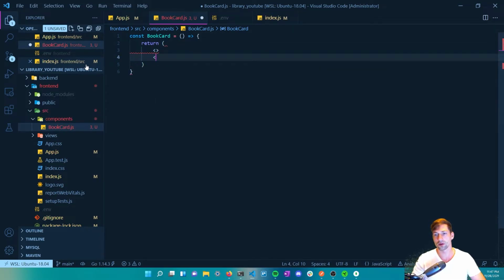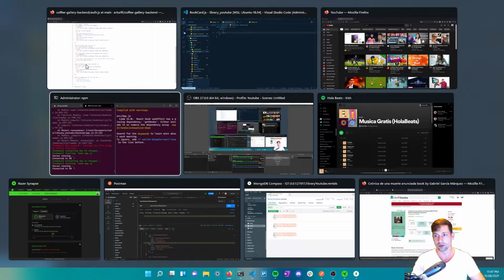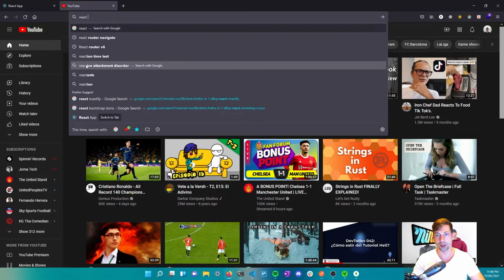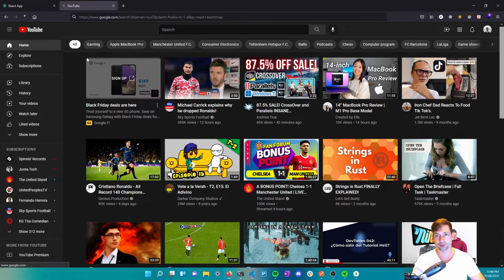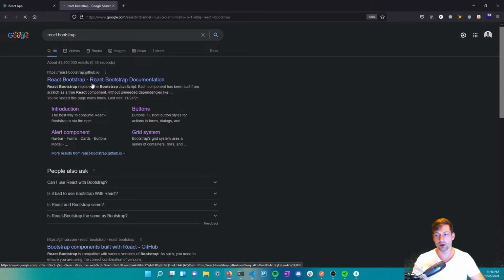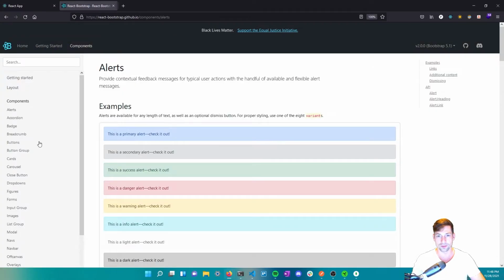Actually, I'm going to return a fragment, and you'll see why. Because I'm going to go to React Bootstrap. If you recall, we actually installed React Bootstrap. And I'm going to make use of the card component. I'm going to go to components,